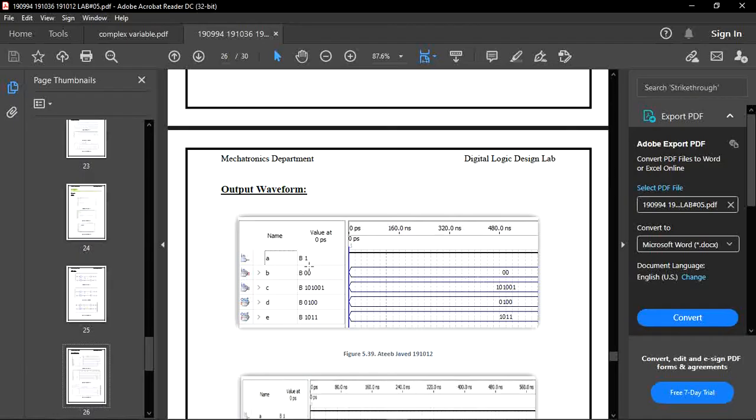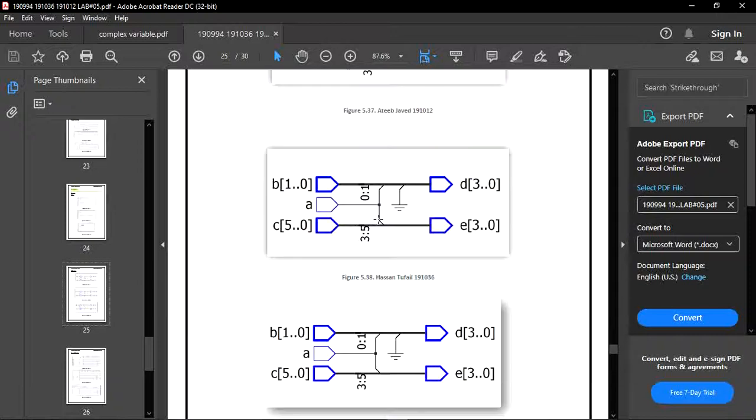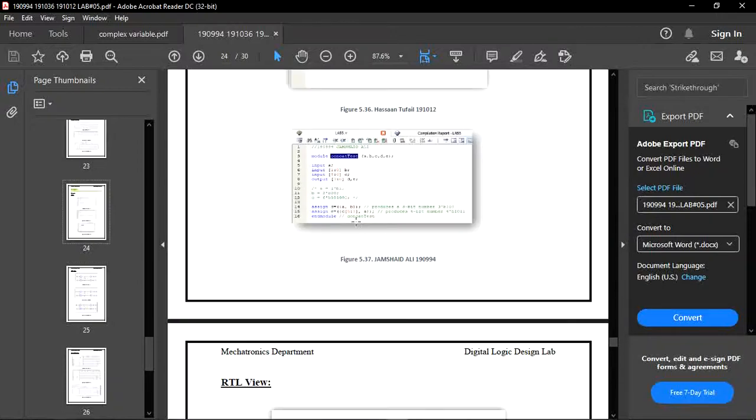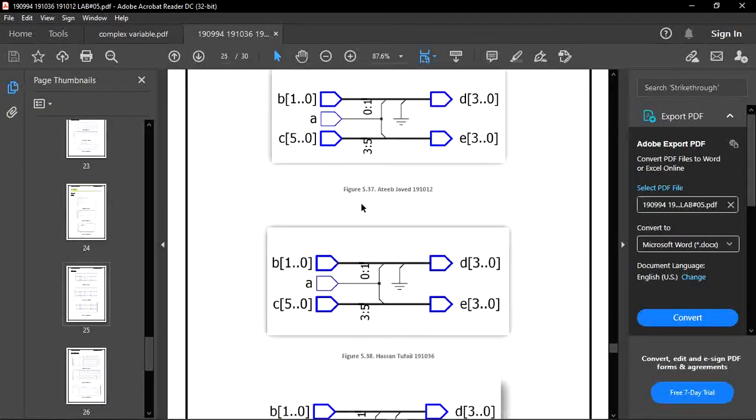So here you can see, if 1 and 00 are enclosed in concatenation, then it will produce a 3-bit number, which is 100. For the 4-bit case, if 5 and 3, meaning an 8-bit number, and A are enclosed in concatenation, then it produces a 4-bit number like 1011.